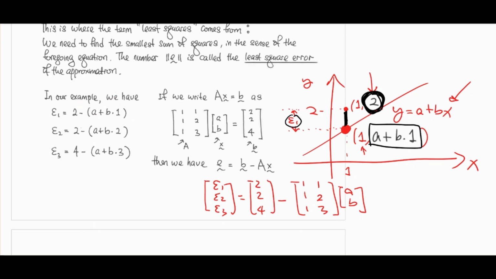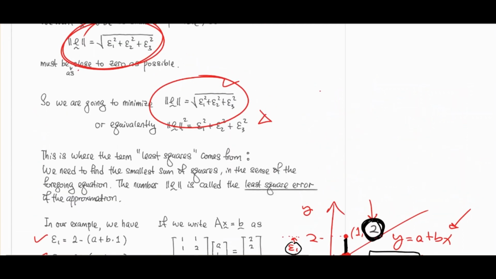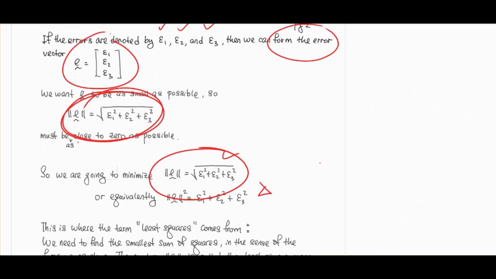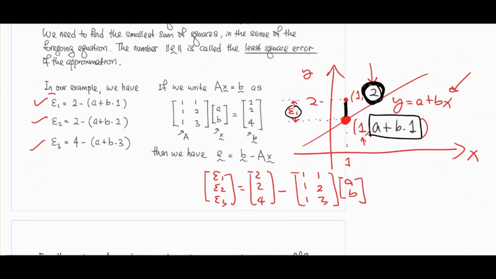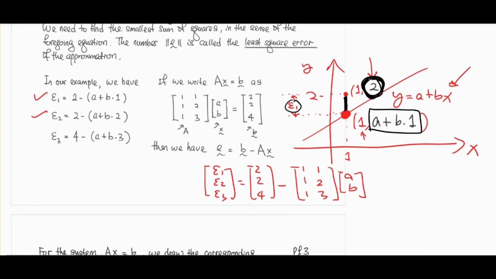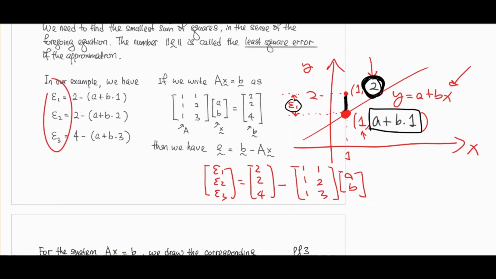Now, if you do that for all the 3 points, you get epsilon 1, epsilon 2, epsilon 3. Remember, these are the quantities that we want to minimize. But if you look at epsilon 1, 2, and 3, they are this, okay? All right. Now, I want you to see that if you put this as column vectors, just right here,